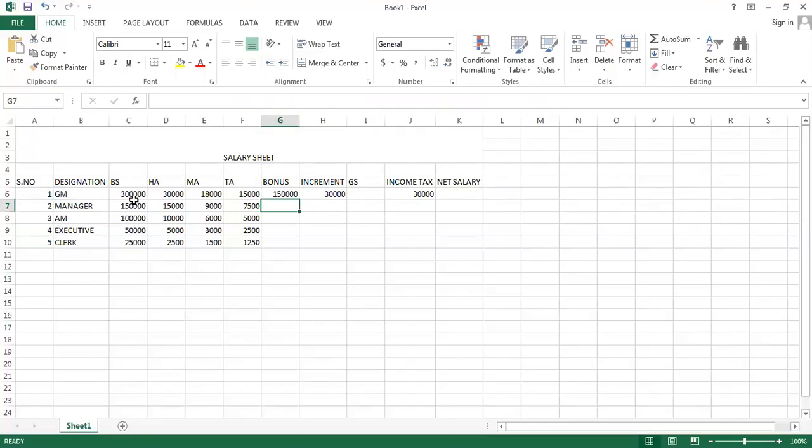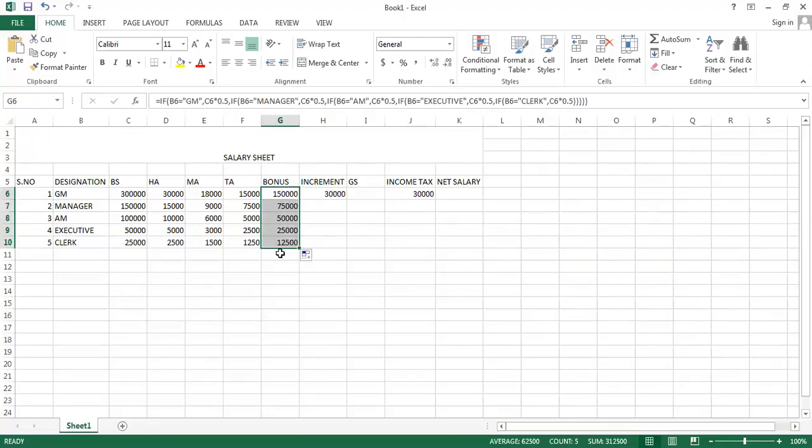So 3 lakh, half is 1,50,000. I'll just double click it. So automatically we'll have the half of the salary of each of the employees. Like 1,50,000 is 75,000, 1 lakh is 50,000, 50,000 is 25,000, and 25,000 is actually 12,500.